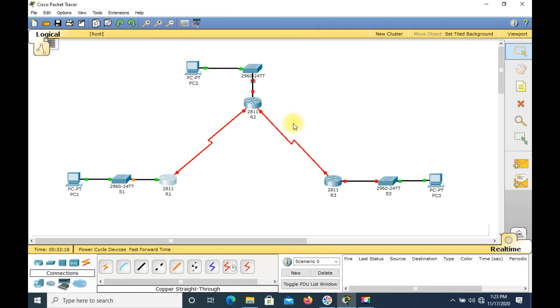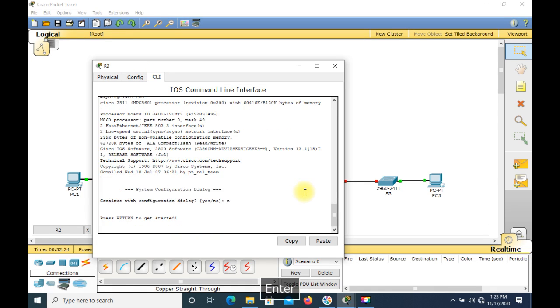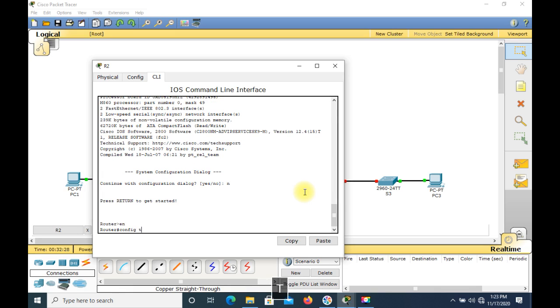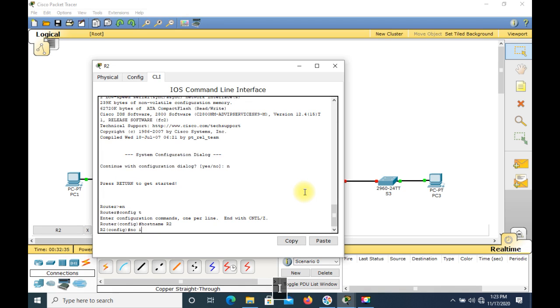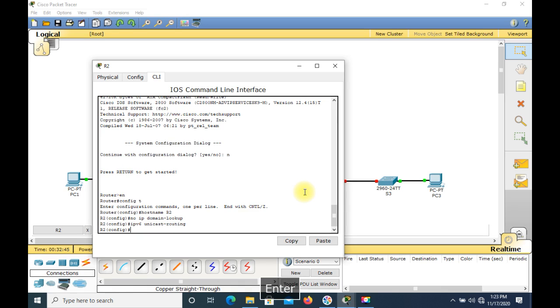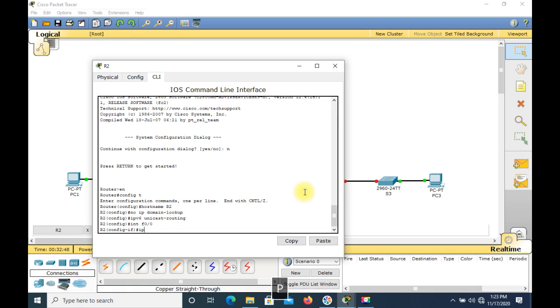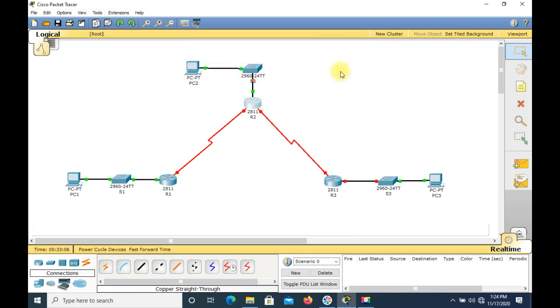We're going to do the same now on router 2. And finally, on router 3,